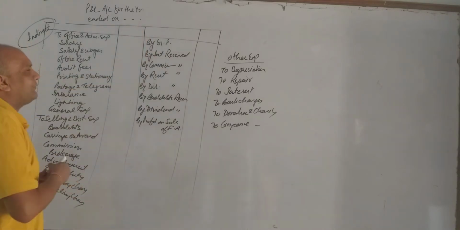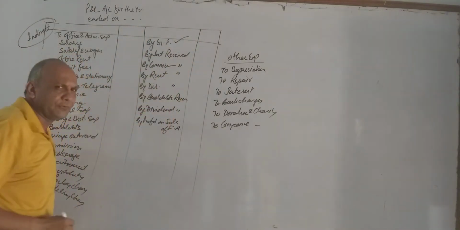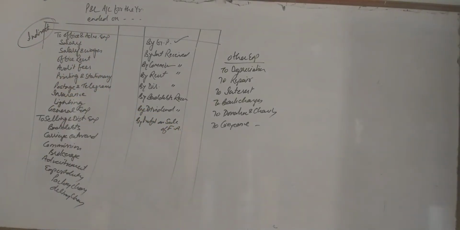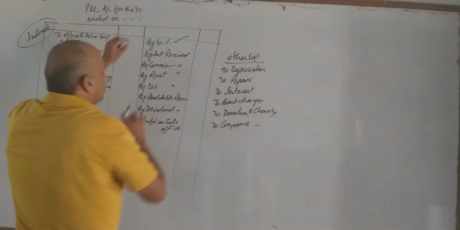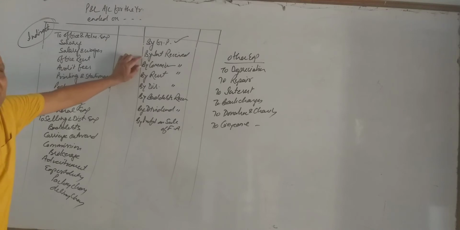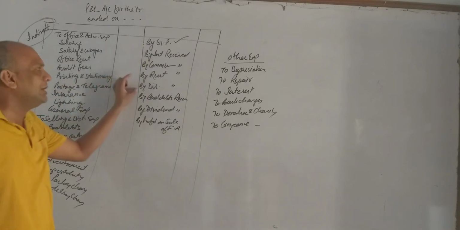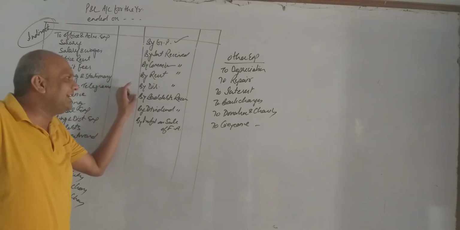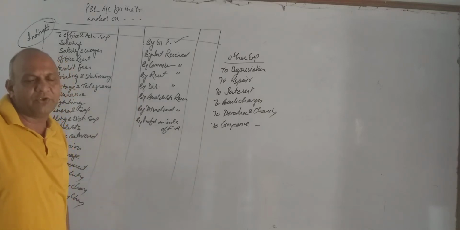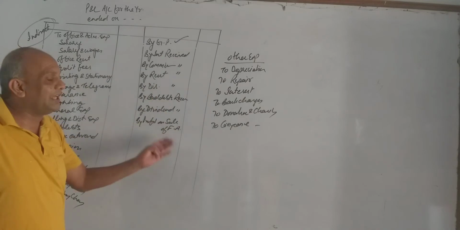In income side, first item will be coming gross profit. The gross profit which we get from trading account. Then other income: by interest received, by commission received, by rent received, by discount received, by bad debt recovered, by dividend received, profit on sale of fixed assets. These are some of the examples of